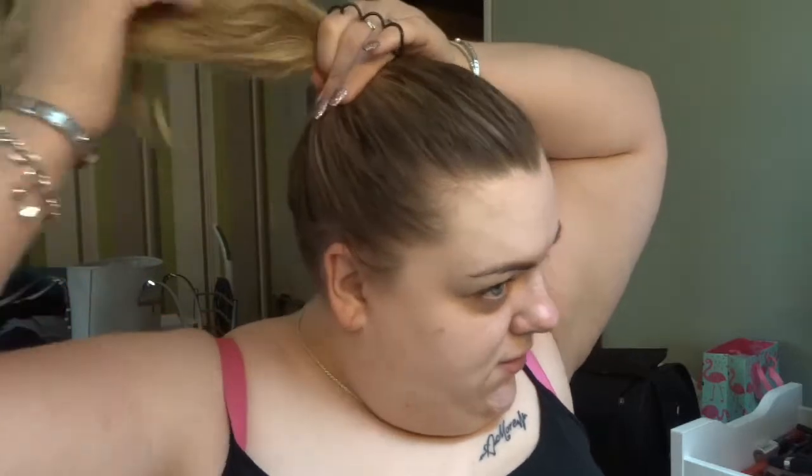Yep, grab it up in a high ponytail. I've got an Invisibobble, which I tend to use a lot anyway, but I'm using it especially now because I'm going to be twisting my hair. So I'm going to pull it through once, twice, and then when I pull it through this time, I'm not pulling it through all the way, but most of the way. And then what I'm going to do,